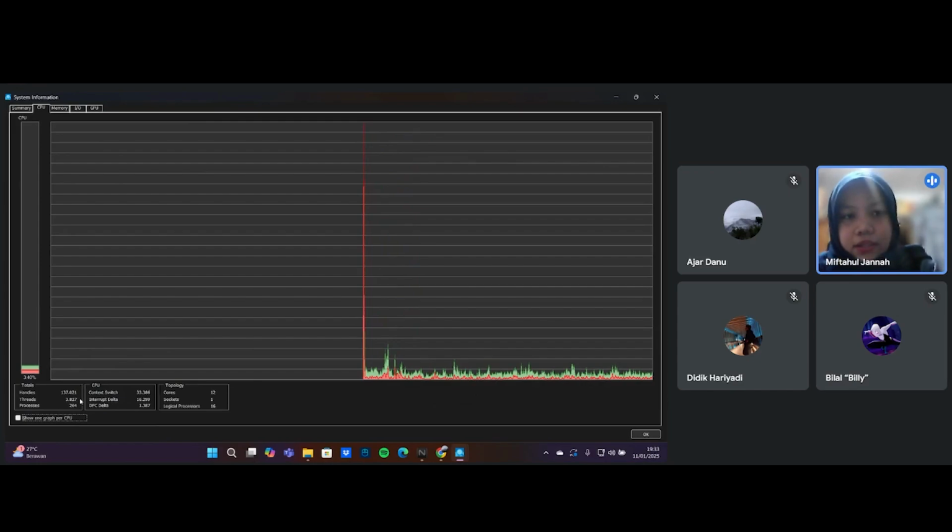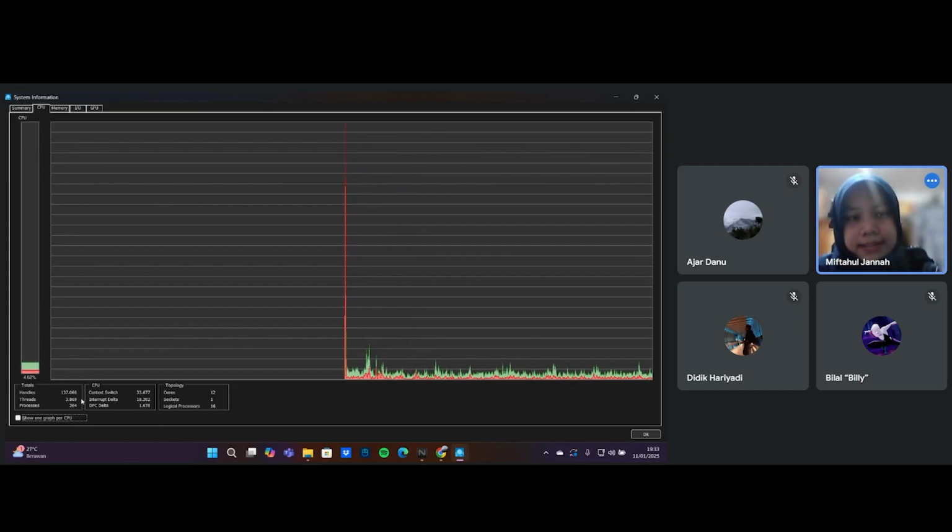Next, threads. This shows the number of threads that are currently active. A thread is a part of a program that can be executed independently. Each program can have one or more threads. This number shows how many tasks are being executed in parallel by the CPU.